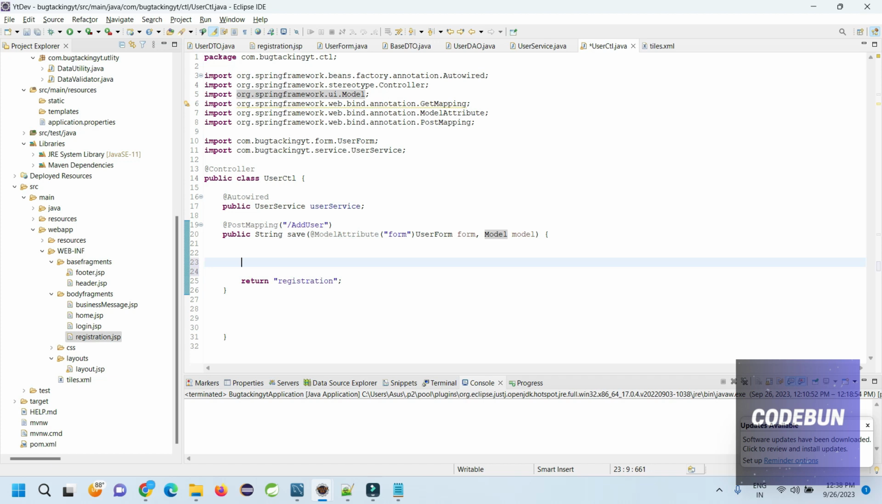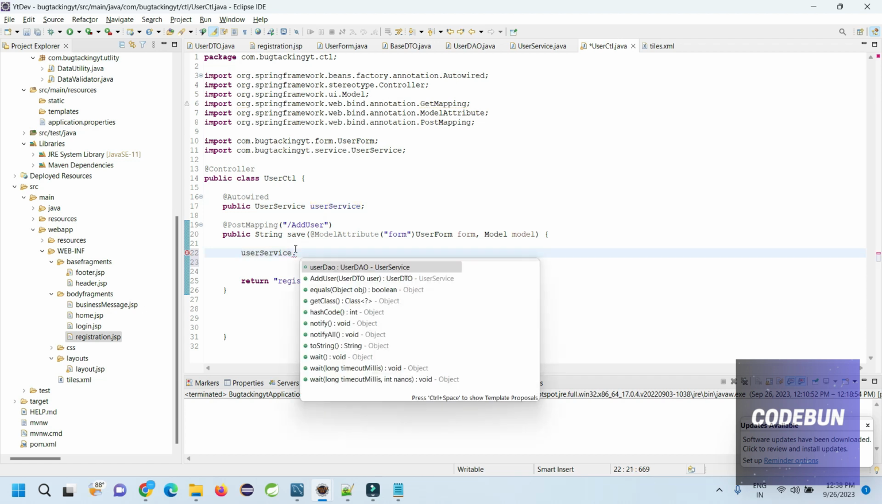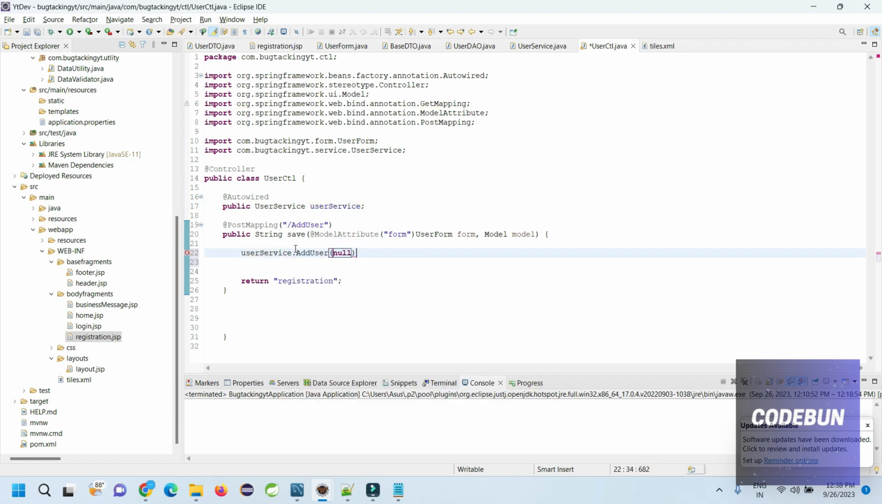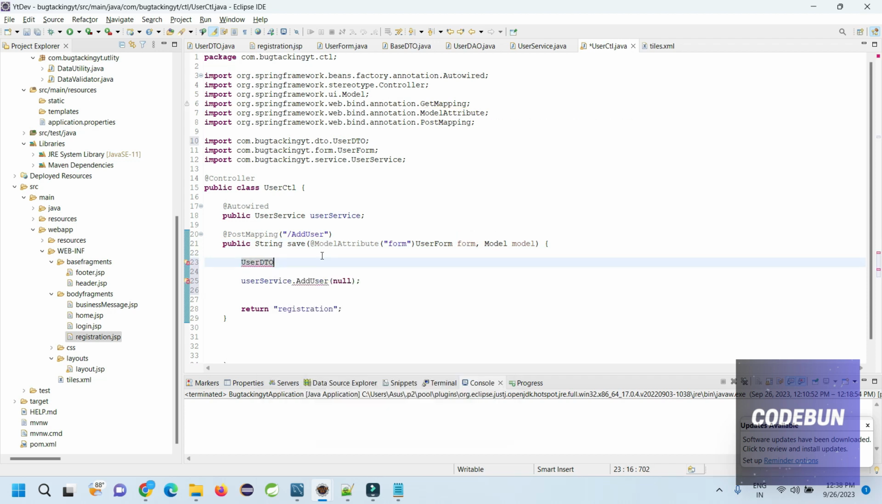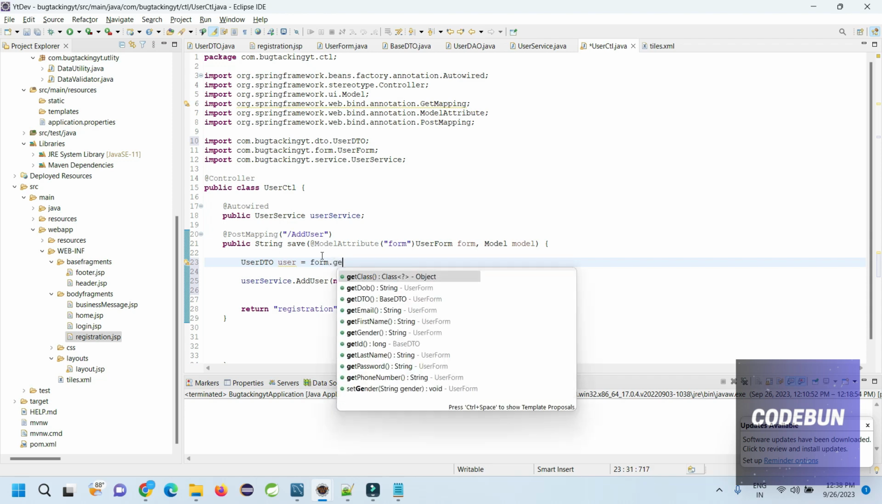So let's say what I need to do here, I need to call a method. So let's say userService.addUser, we have created a method here, and this will take an input as a user DTO. But where do we have a user DTO? We have this user form. We have all the data in this form that is coming into the save form. So what I'm going to do, I'm going to create an object of user DTO as a user, and we are going to call the form dot